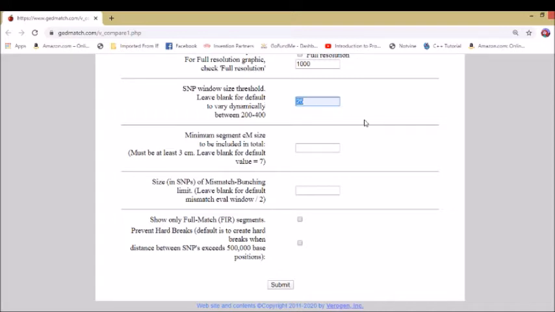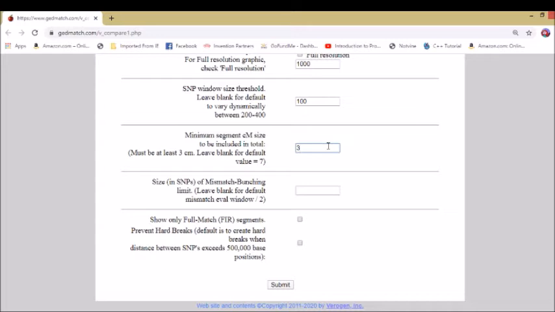Now, on average, I will put like 100 in this box to get pretty good results when I'm just dealing with cousins and things like that. And then, of course, I will put 3, because you used to be able to go down as far as 0.5, but they've changed it. Now you can only go to 3 as the lowest piece of segment it will go, which I think is kind of a shame because there's really little smaller pieces of DNA